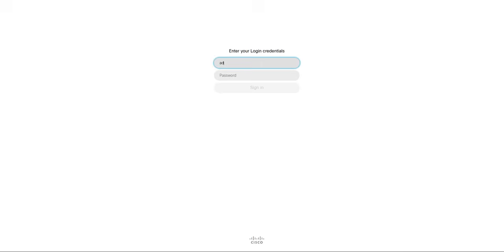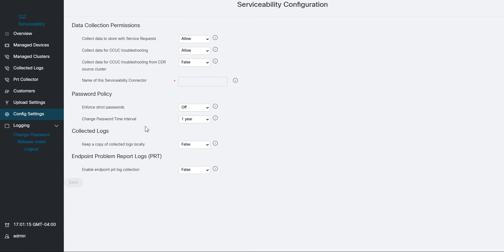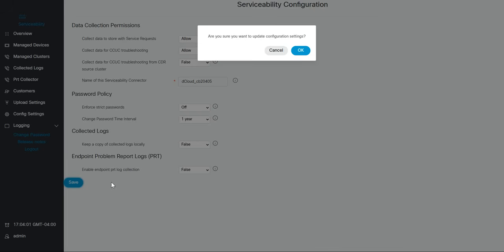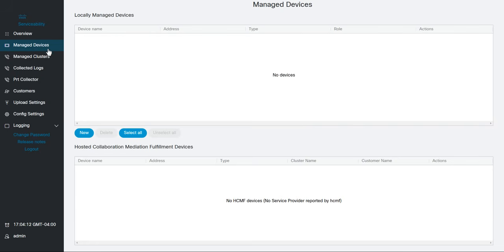First, let's go to configure settings. Copy and paste the serviceability connector. Click OK. Okay. Now let's go to manage devices. We're going to choose new device. Device type, we're going to pick UCM. Device name, UCM1,